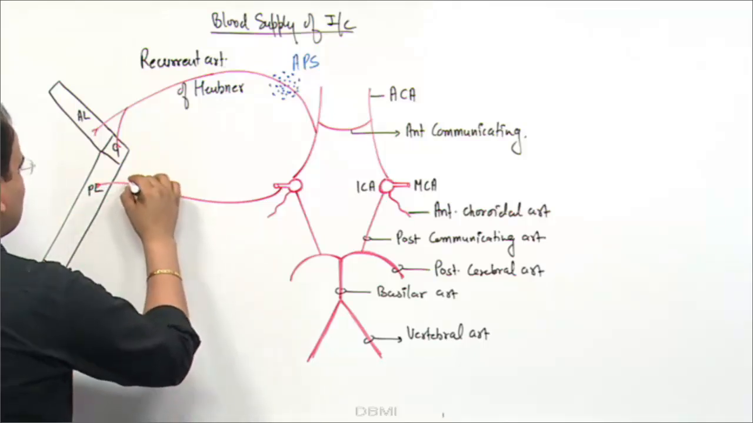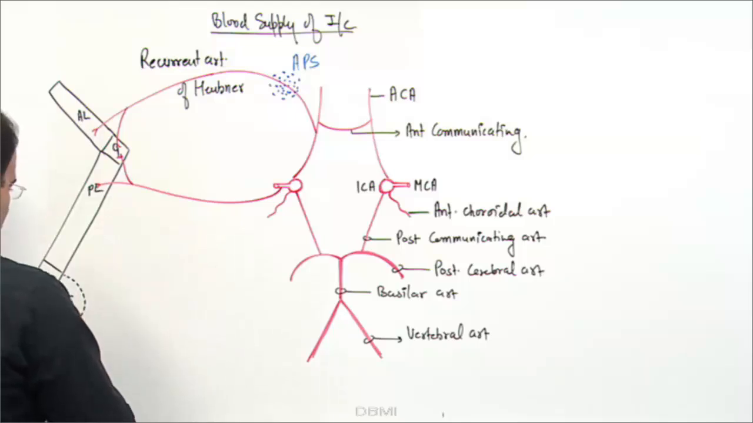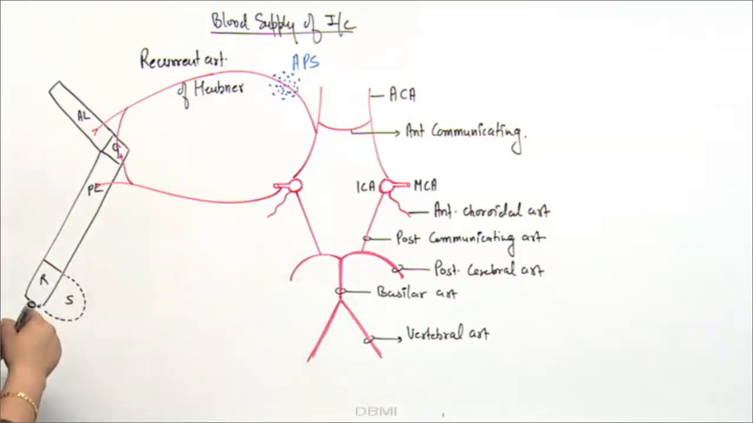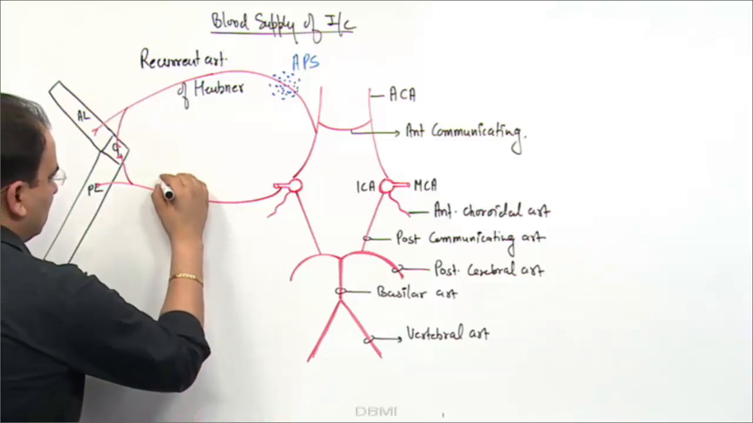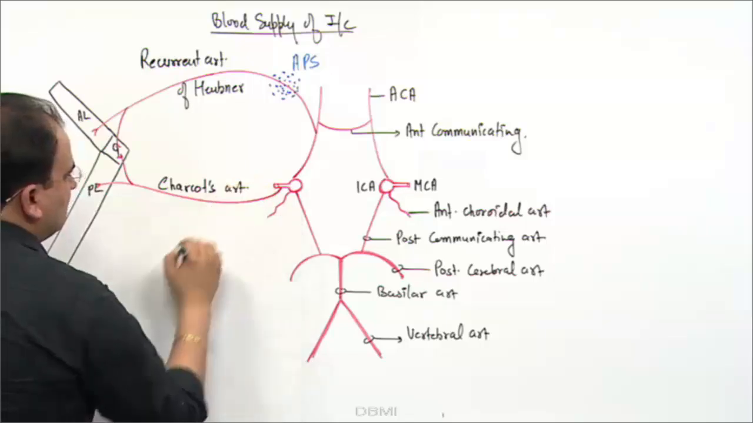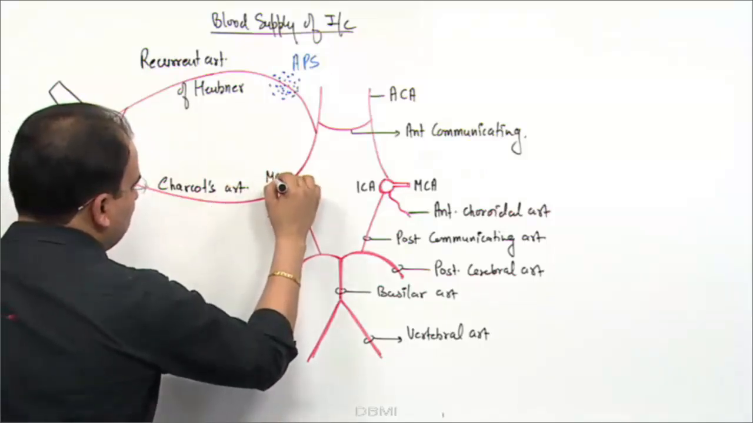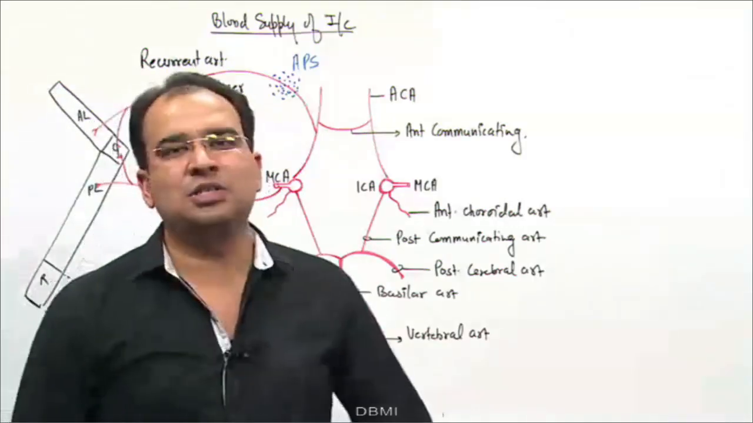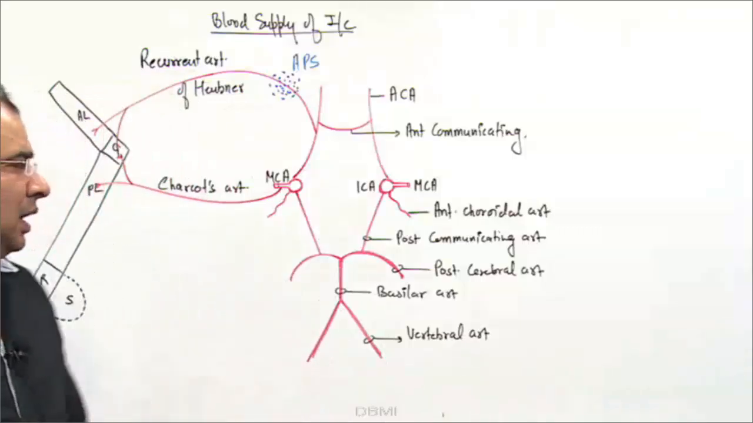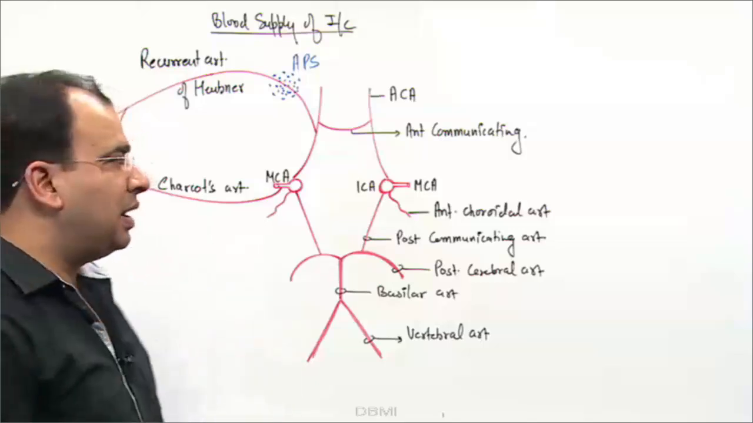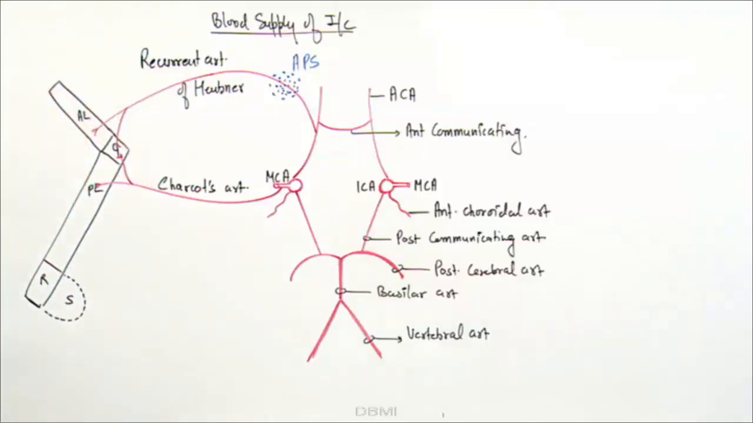It also supplies the genu. There are many branches coming from the middle cerebral supplying the posterior limb, but this branch which I want to specially talk about is called as the Charcot's artery. It's a branch of this middle cerebral artery, and the Charcot's artery is also referred as the lenticulostriate branch. Please note that. Another name for the Charcot's artery is lenticulostriate branch or lenticulostriate artery,